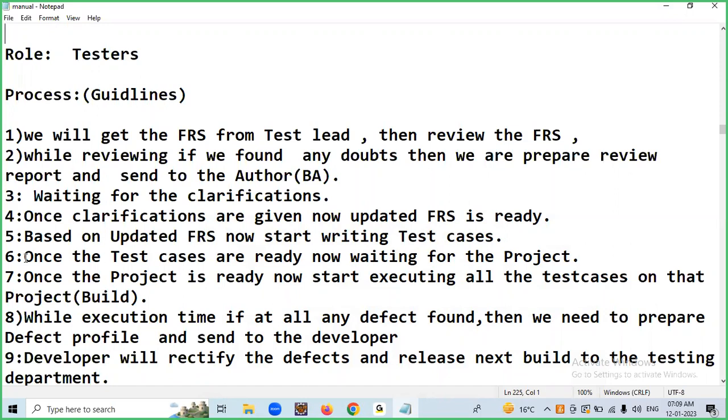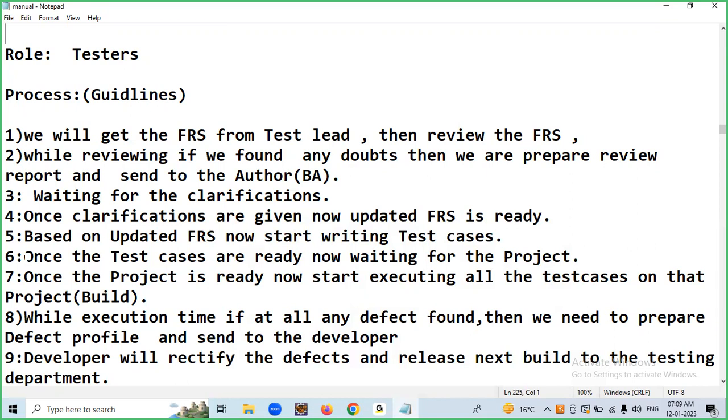We'll get the FRS from the test lead, then we need to review it. While reviewing, if I have any doubts, meaning I'm unable to understand the requirement or those requirements are not clear,